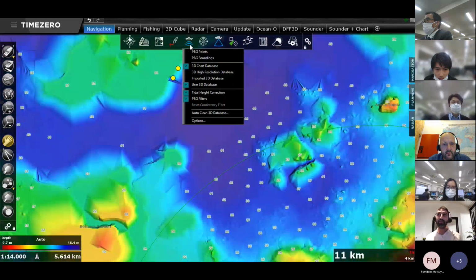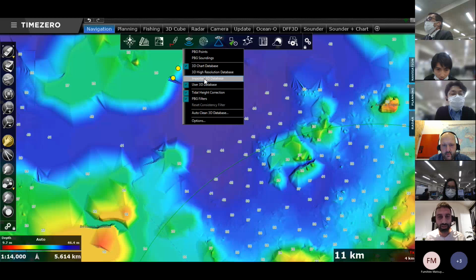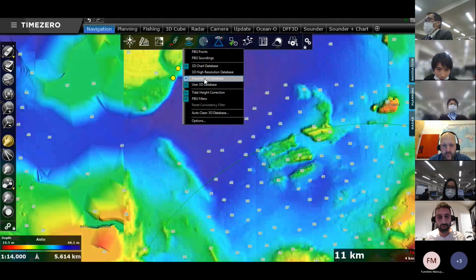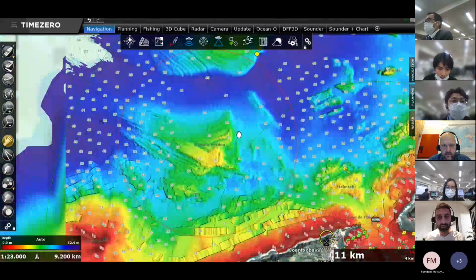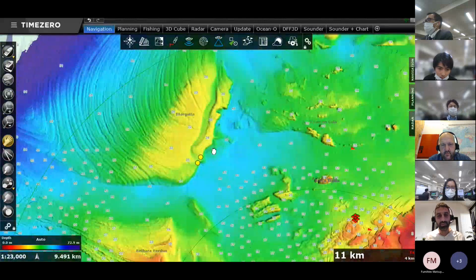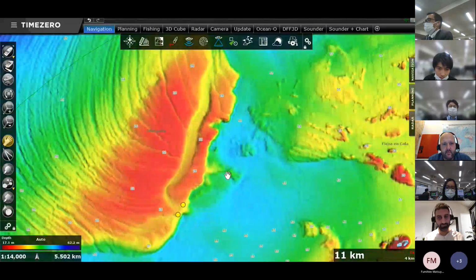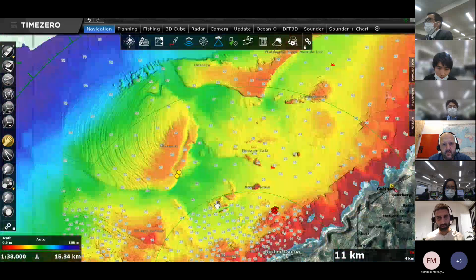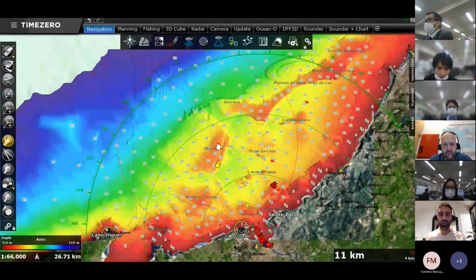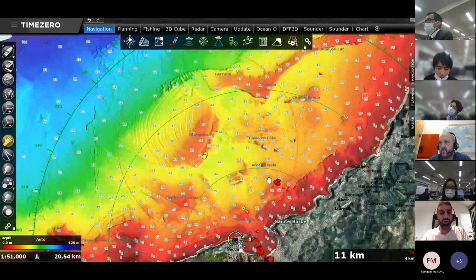So by creating your own PBG database, and here again, I will import the database from this fisherman, you can see the difference between the standard chart database and the user database using the PBG. This one has been recorded with, I think, a single beam, not multi-beam.